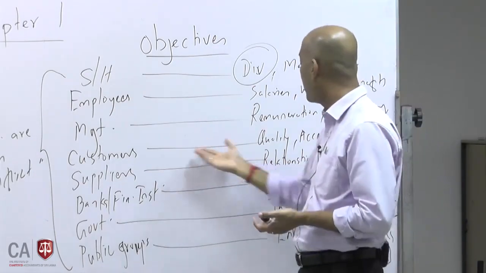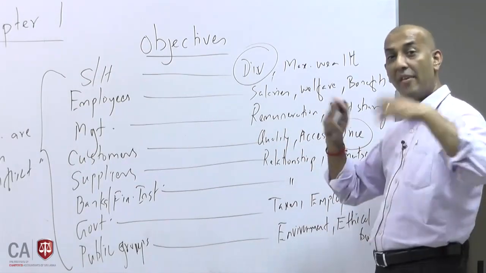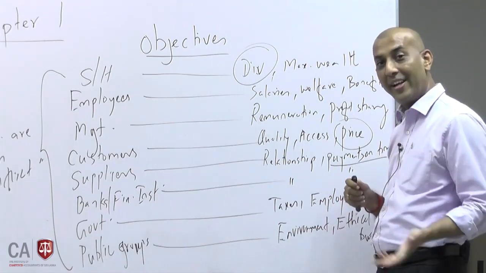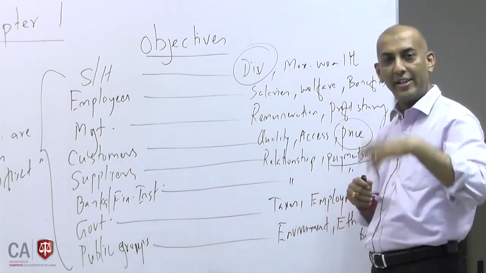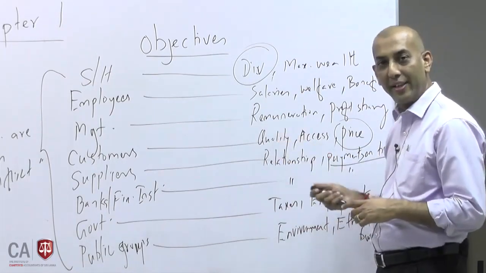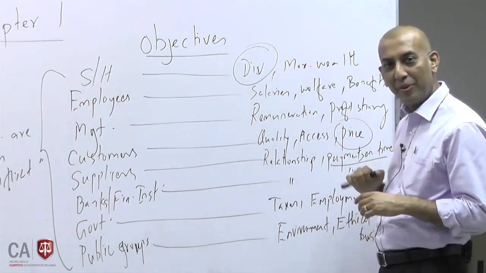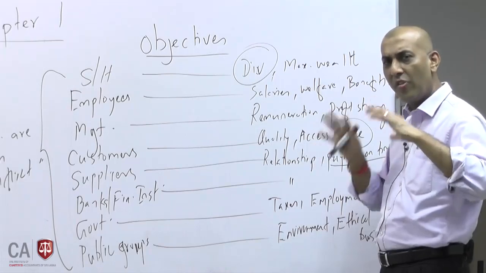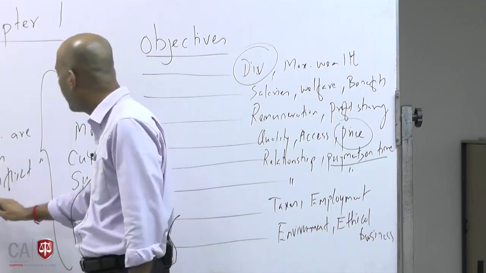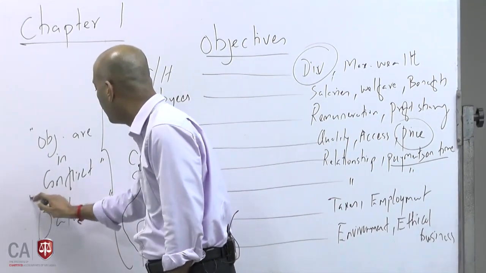Similarly, if you are going to achieve the customer's objective by giving a good quality product accessible in every branch, every distribution channel, and the price is lower, then customers will definitely be happy. Why? He is getting the product at a lower price, accessible everywhere, and a good quality product. He is very happy, the customer. But again, profits will come down for the shareholder. So there is always a conflict. So you need to balance. So please understand, when you have objectives in conflict, you need to balance these objectives in a reasonable manner.